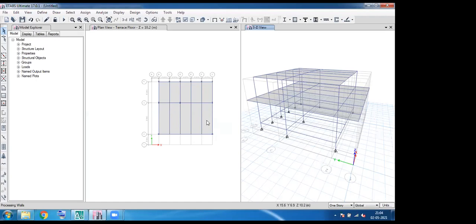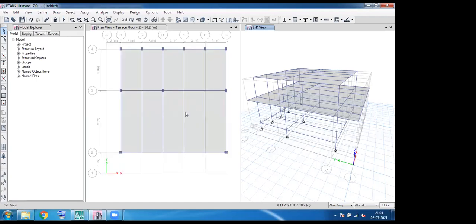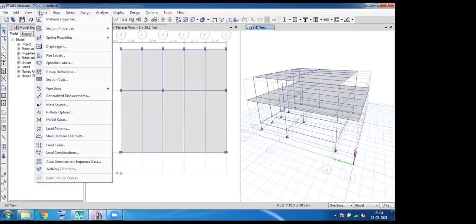So without any further delay, I'm going to do the next step, that is applying the loads. Right here in our structure, I'm going to apply the live load as well as the floor finish load. I'm not going to apply any dead load here because ETABS will automatically find the dead load of the members. For the slab, the dead load is nothing but the self weight. The self weight of the slab, the beam, and the column will be automatically calculated by ETABS.